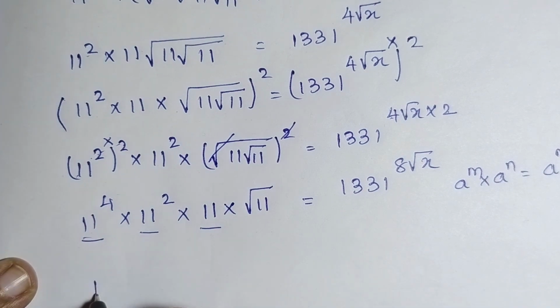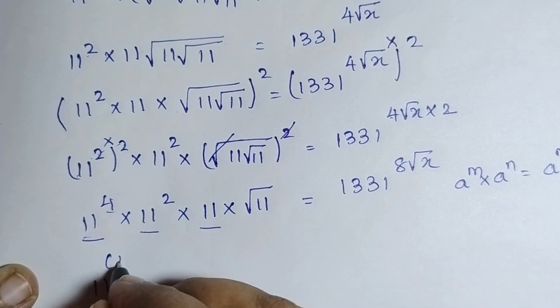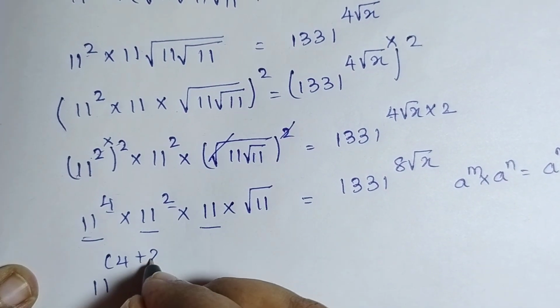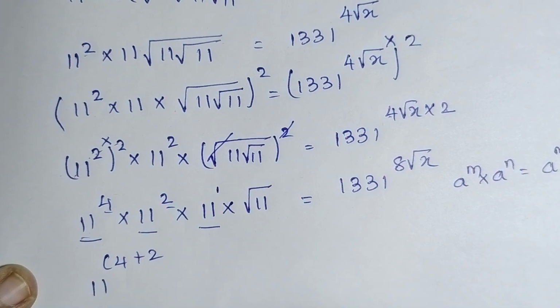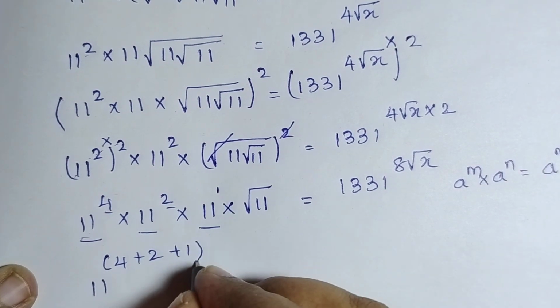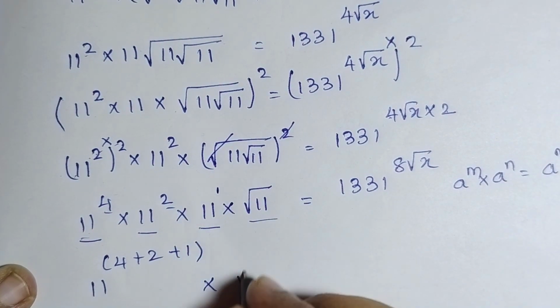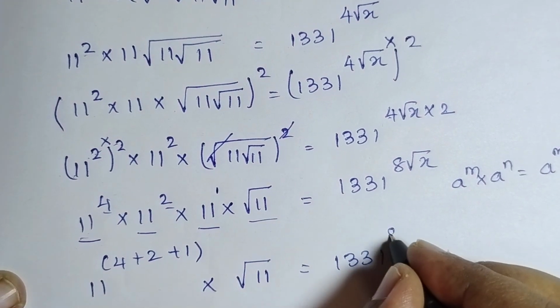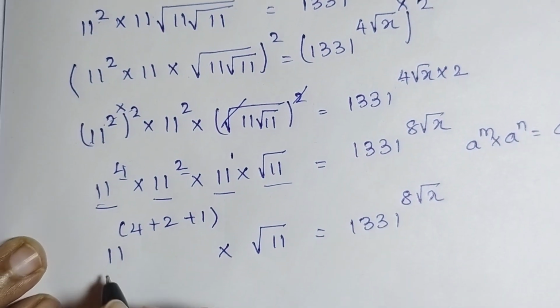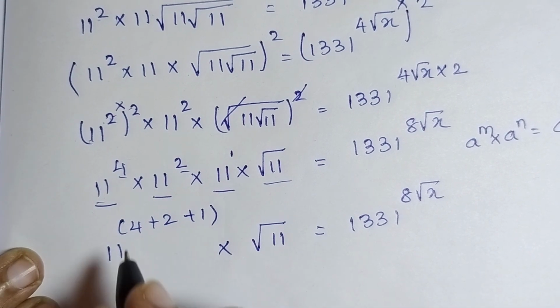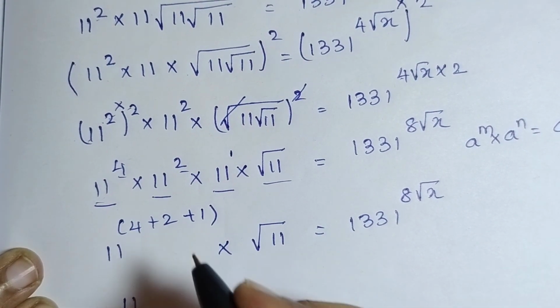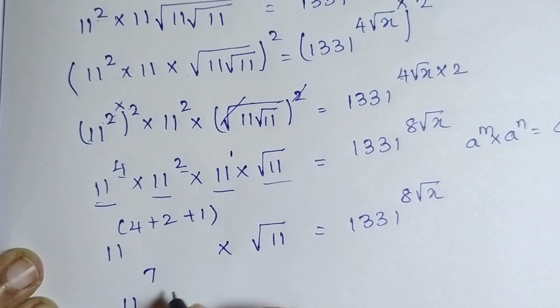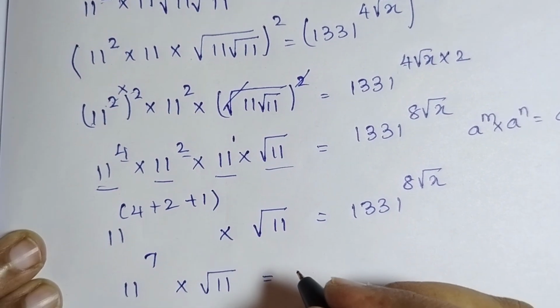Therefore, this becomes 11 to the power of 4 plus 2, plus 1 (nothing is there, so let's consider it as 1) into root 11, which is equal to 1331 root x. If I simplify this, 4 plus 2 is 6, plus 1 is 7, into root 11, which is equal to